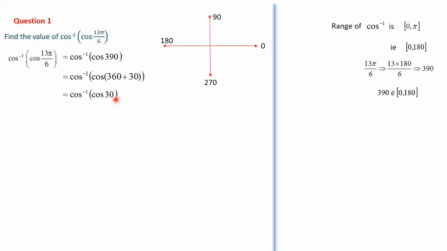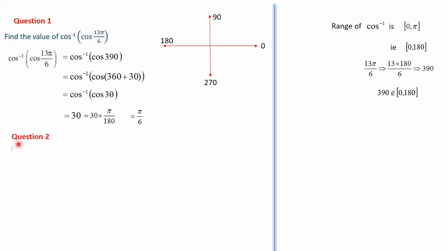And now this 30 is within this range of 0 comma 180. So we can directly apply the formula cos inverse of cos x is x itself, that is 30 degrees here. Now we have to convert this 30 into radians, 30 into pi by 180, and here 30 and 180 can be cancelled 6 times. So we will be getting pi by 6. So the answer is pi by 6. Here the cancellation and all I did not show, so you can go for mental calculation. If you feel difficulty, you can just do the calculation.